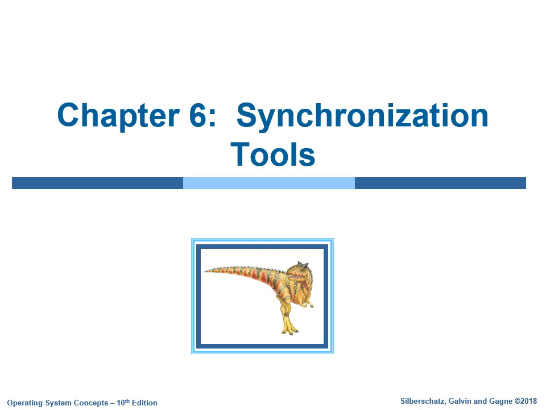Therefore, in this chapter, you will discuss the various mechanisms to ensure the orderly execution of cooperating processes that share the logical address space,